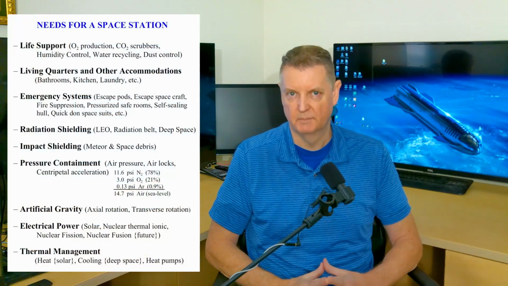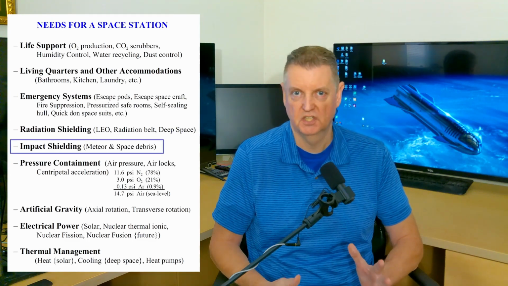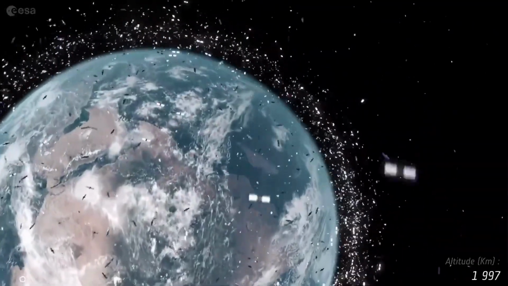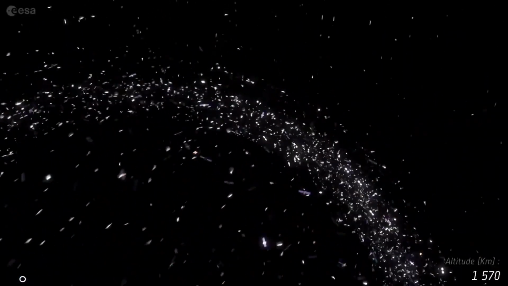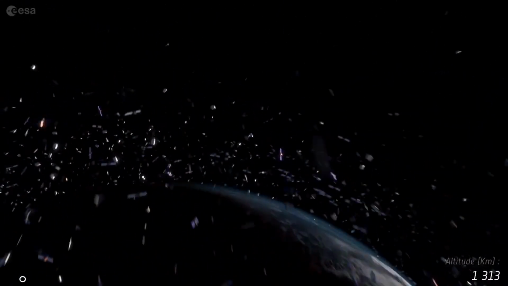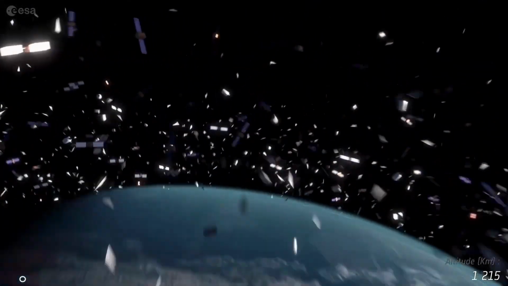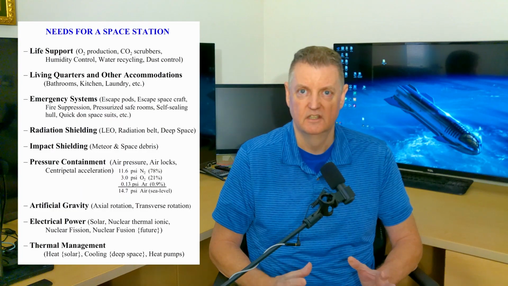So let's go on to the next topic, which is shielding against impacts from outside. Basically space junk and asteroids and small particles that are just in space but very spread out. We have to protect our craft from that. And one way to do that is to provide a sacrificial shell around your space station that may only be a millimeter thick, but particles and space junk up to about a centimeter in size, when they impact that at very high velocities, which generally in space are going to be above 17,000 miles an hour,